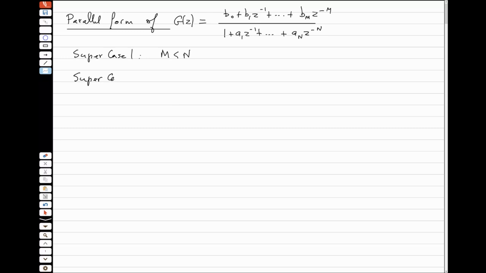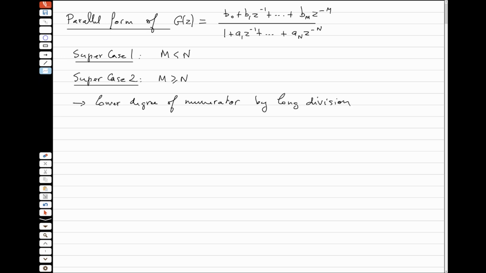So super case 2 now is what is left to be considered when m is larger or equal to n. So this includes the case where it's equal to n. So in this case, how do you perform the parallel form of g of z? So you cannot apply partial fraction expansion like in super case 1. So you know that you have to lower the degree of the numerator by long division,